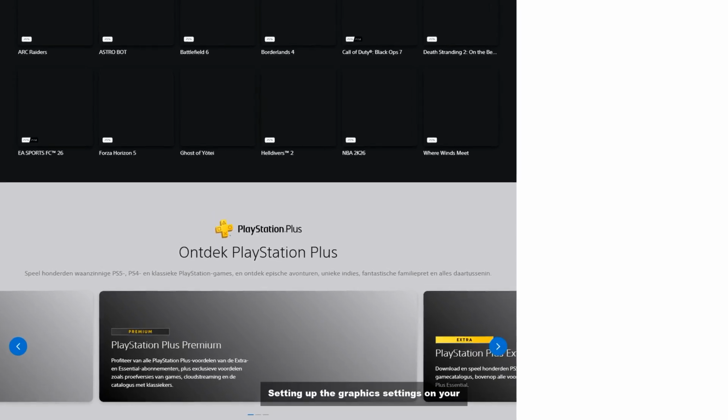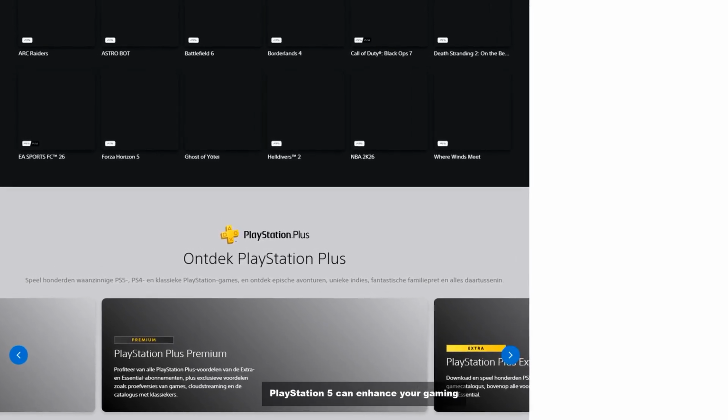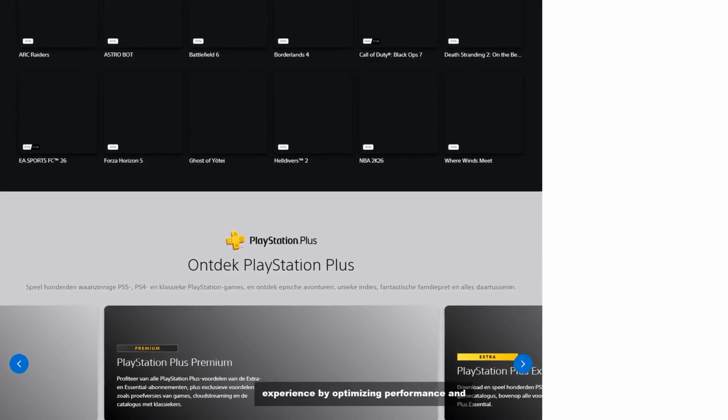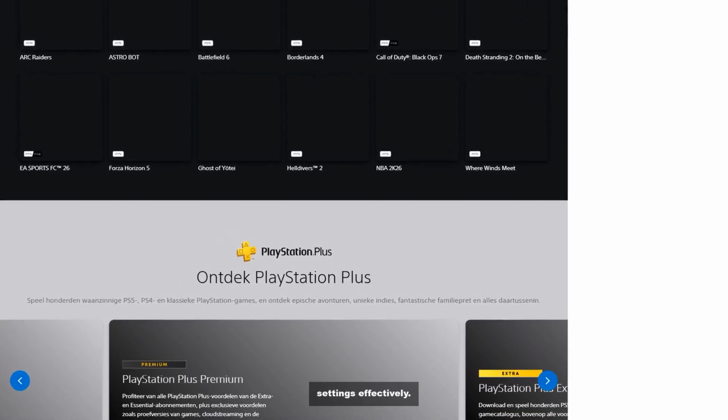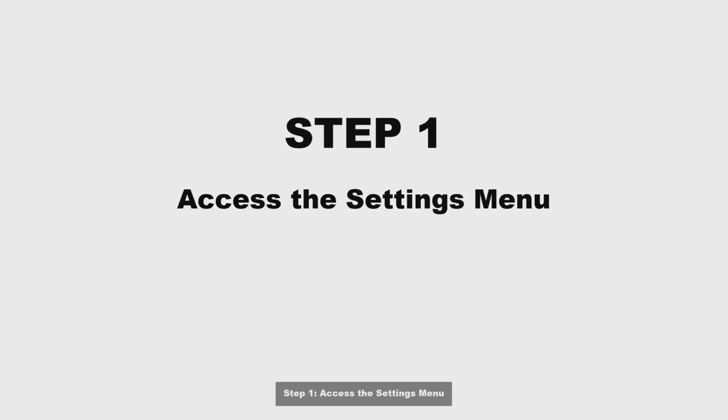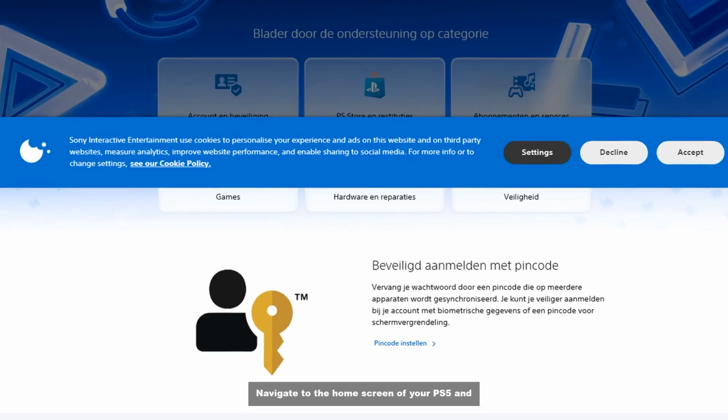Setting up the graphics settings on your PlayStation 5 can enhance your gaming experience by optimizing performance and visuals. Follow these steps to adjust your settings effectively. Step 1. Access the settings menu. Navigate to the home screen of your PS5 and select the gear icon in the top right corner to open